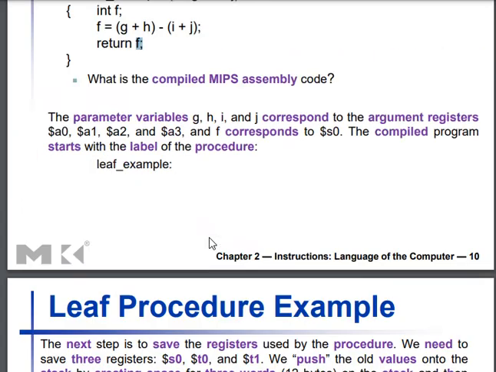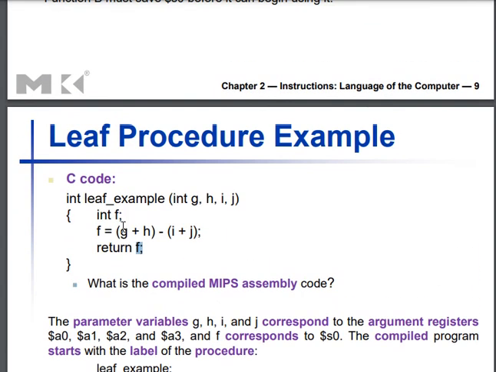Okay, so let's look into another example. Here you have a temporary variable F and then you have some calculation. You are adding something, so this addition value I am going to keep in a register, and I am adding I and J, so I am going to keep that in another register, and the subtraction of this and this I am going to keep in register F. So I am going to use 3 registers: one for F, one for this addition, one for this second addition.